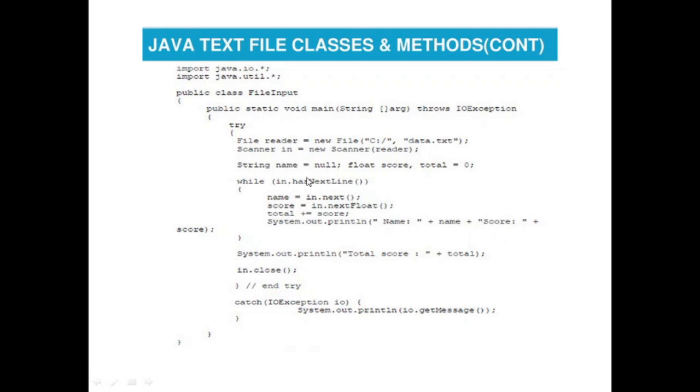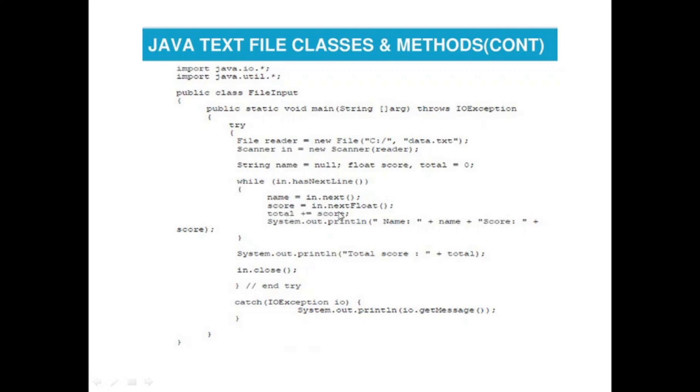Okay, so what actually is this data.txt file containing? It is a binary file first of all, and then it has some data, like it has name, it has score, and these two types are distributed in many rows. Okay, there are many rows containing data like name and score. So name is a string, we know, so we can extract that string using the object of type Scanner, that is in.next will return the first string, that is the name. Then score = in.nextFloat will return the next float value and will store it inside score.